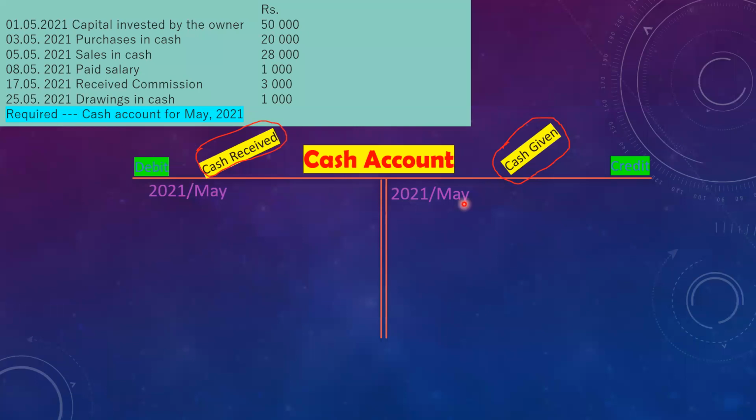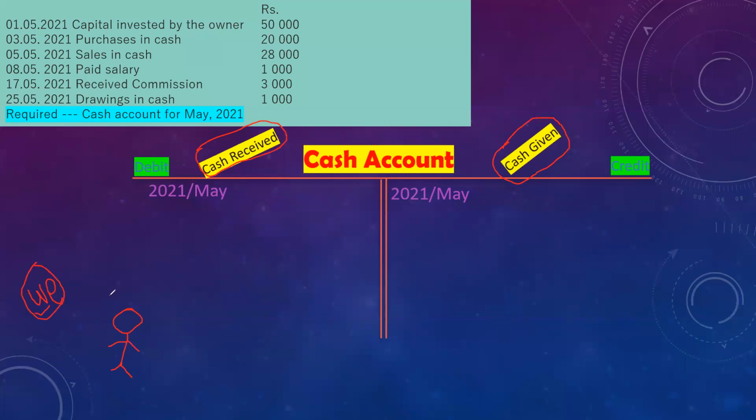You do with me now, everyone. When I am typing, you have to write it. Do with me, then when I finish, you also finish. Our time is saved. Capital invested by the owner. Now, when we do the accounts, we always know we are inside the business. We are preparing the accounts. Owner is an outside person. Owner is not preparing the account. We are preparing the account. Remember that.